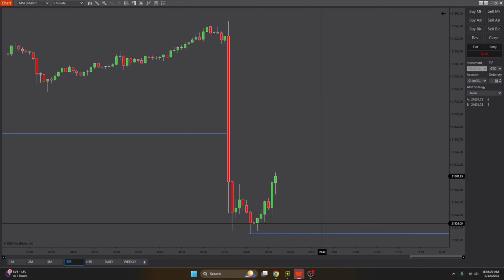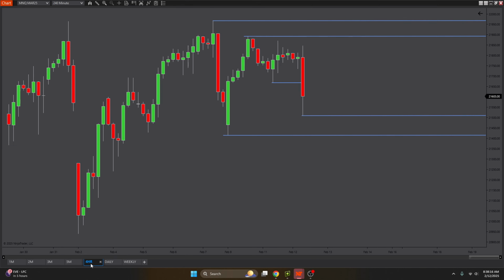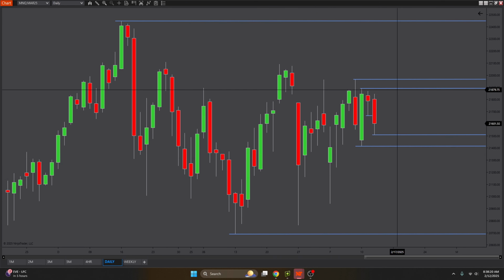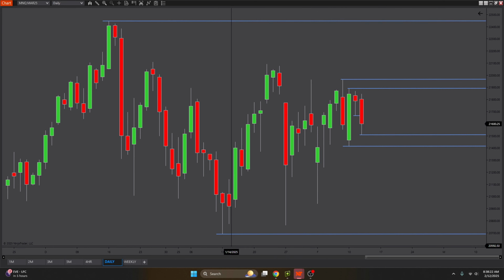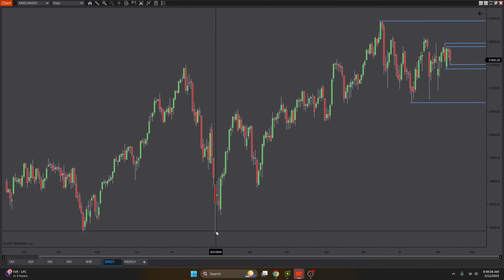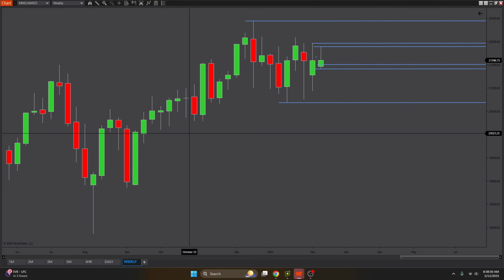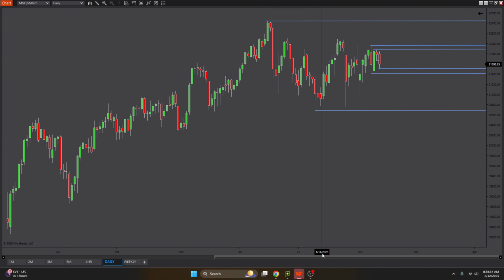But if we're looking here right now, as you can see, we got this big CPI news candle, and if we look on the 4 hour here, as you can tell, it's just a bunch of chop back and forth. New president coming in, Trump coming in office, just a bunch of chop, not really deciding on where we want to go. Got the weekly here, just not really good at all. So we go to the daily here,